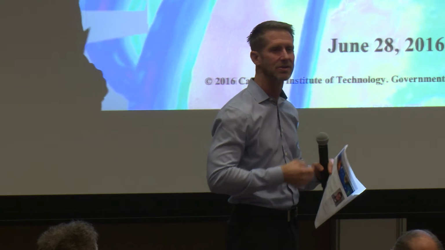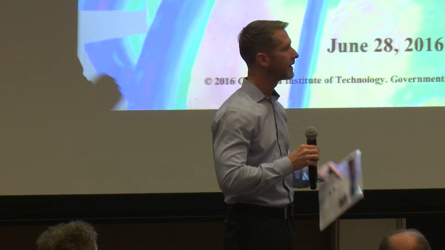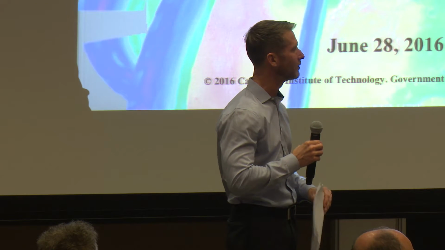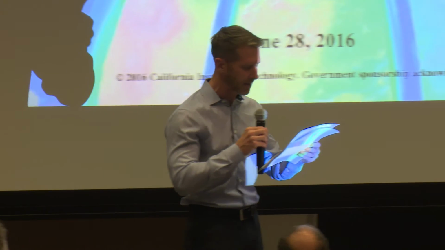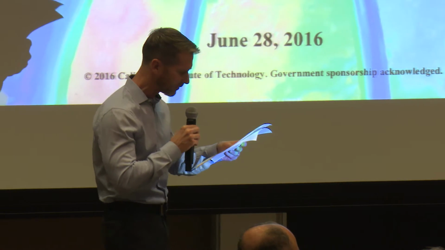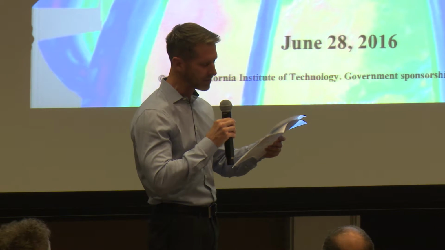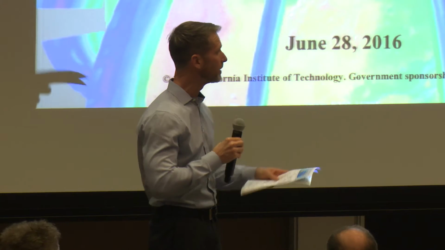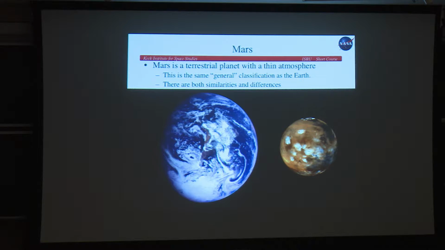So David did his PhD in planetary science and his postdoctoral work both at Caltech. He's now at JPL. He's been there since 2002. His interests are on the weather data analysis, modeling and forecast of the Martian atmosphere, orbital surface observations of the Mars atmosphere, and then long-term evolution of the climate change on the Martian atmosphere. So he's been involved in project work as well. So he's done support for the Mars Reconnaissance Orbiter and the Mars Science Laboratory. So, David? Okay.